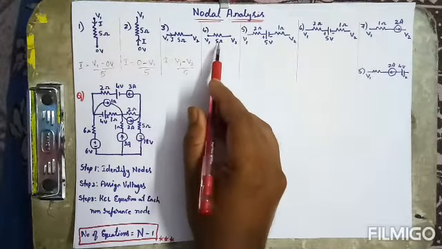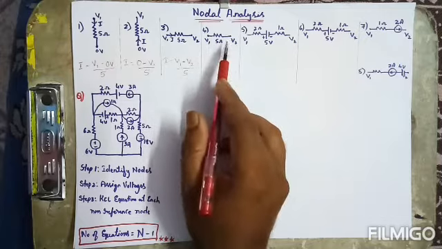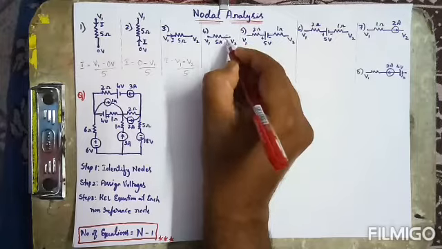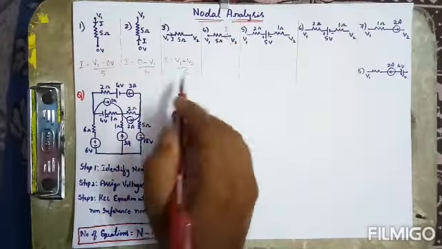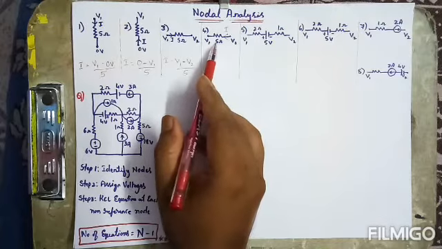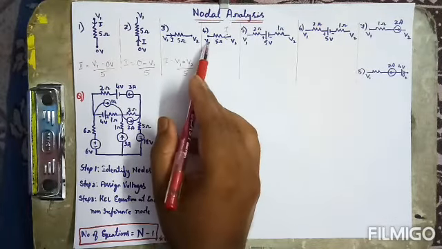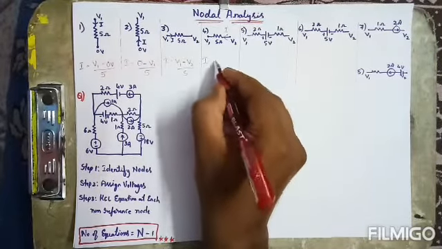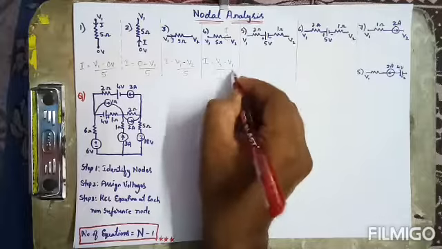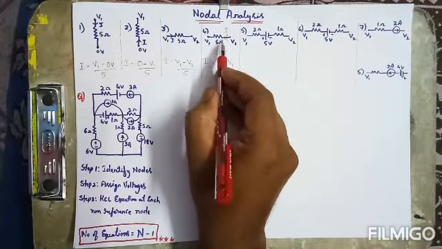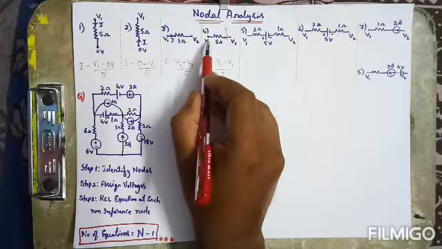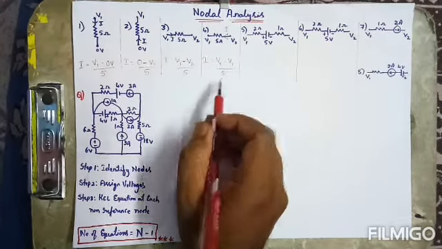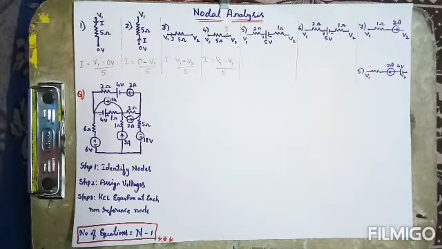Here we have not represented the direction of the current. Now let me assume that the current direction is this. This is the current I. The current is leaving from V2, so first I should take V2 minus V1 by 5 ohms as the expression for the current. The point here is that from where the current is leaving, that should be the first term, and the voltage at the other end will be the second term. Then divided by the resistance gives you the total current in that particular branch.